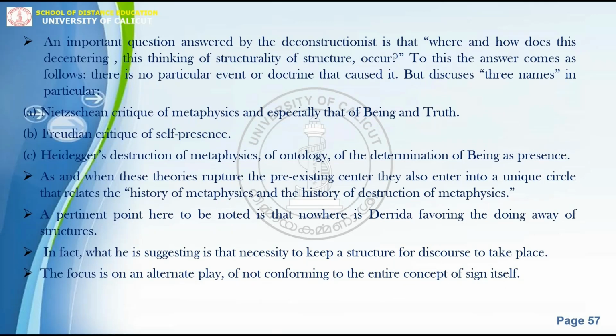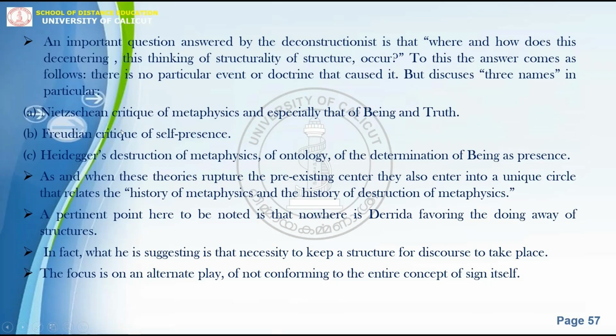Now there is an important question to be answered by the deconstructionist. And what is that? Where and how does this decentering, this thinking of the structurality of structure, occur? This is the question raised by people. Now to this the answer comes as follows. There is no particular event or doctrine that caused it, but he discusses three names in particular. So, where and how does the decentering, or this thought process of the structurality of structure, occur? For that the answer is